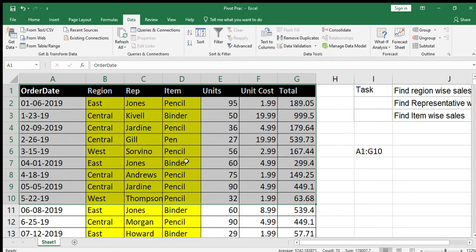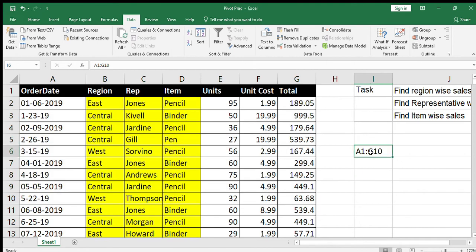If I have to use a multi-dimensional array, I have to write the first column heading and the last column heading with the row number. So first column with first row and the last column with the last row number. That will take the complete data of that table. We will be using these concepts later.